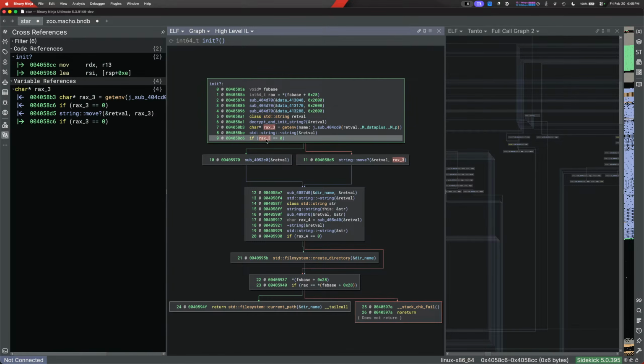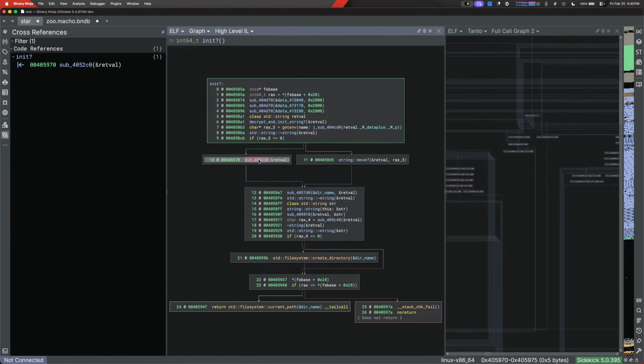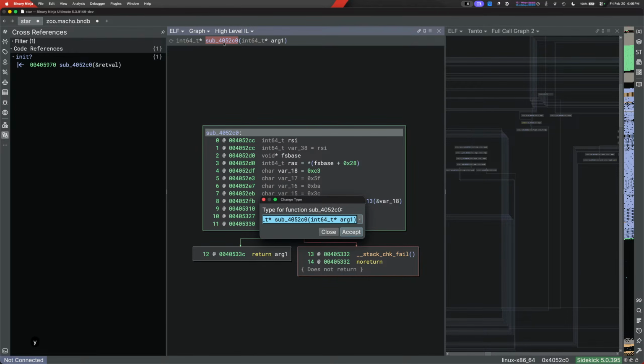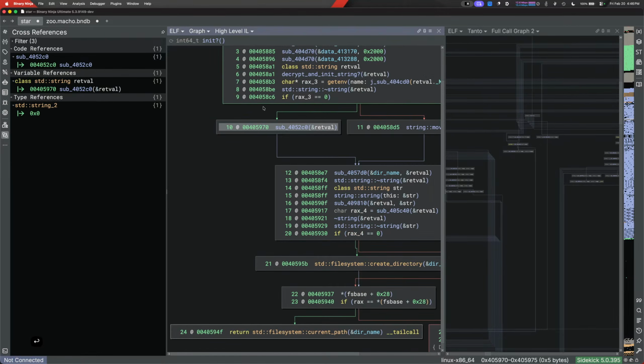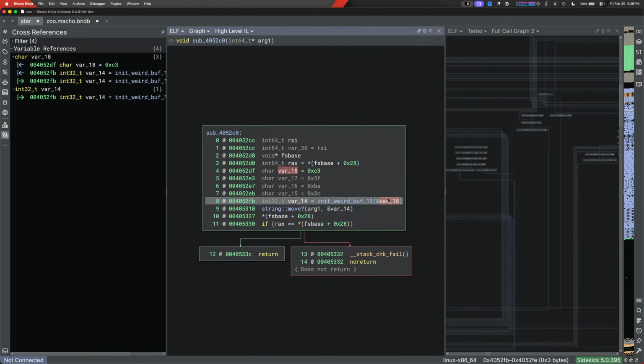So if RAX3 is 0, presumably if we're able to get that environment variable, we set it to this thing, otherwise we copy what the environment variable was. Okay, so we either copy it from the environment variable or we initialize it brand new. This is the only place that this gets called. And in this instance, oh, we know that